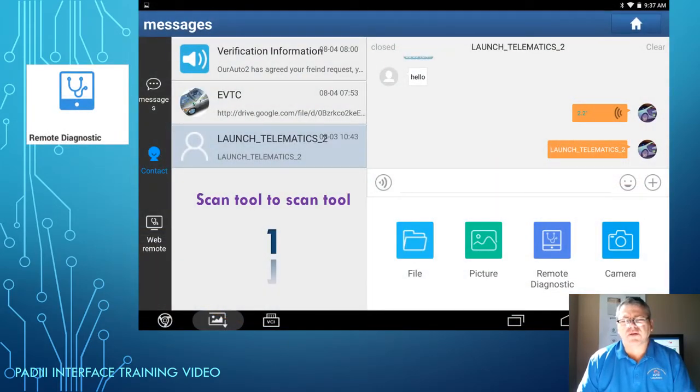First thing I'll talk about is the scanner to scanner. For scanner to scanner, you just enter this area where your friends are. The messaging and contacts are in this area. So like before, you would contact the other scanner. You can add him as a contact and then send him a message. And by simply hitting the plus area here,